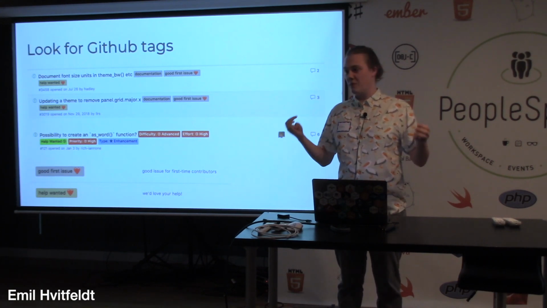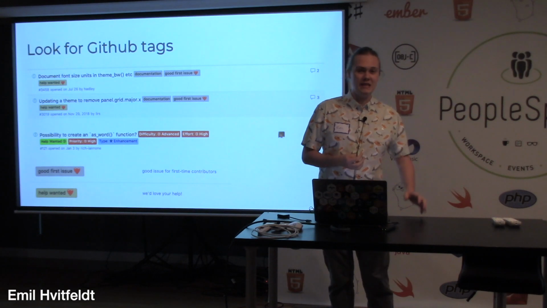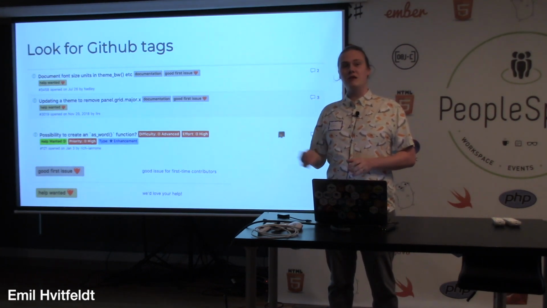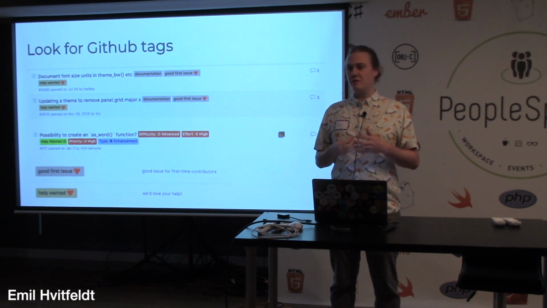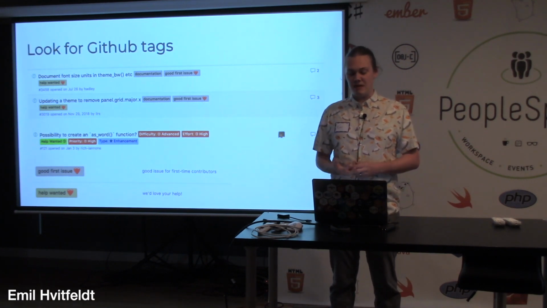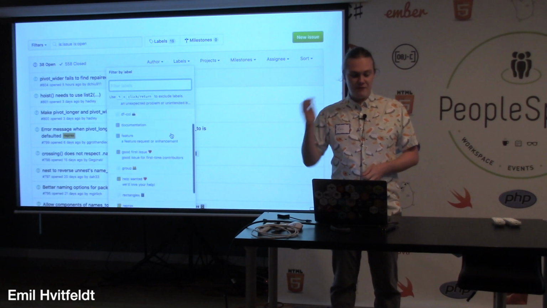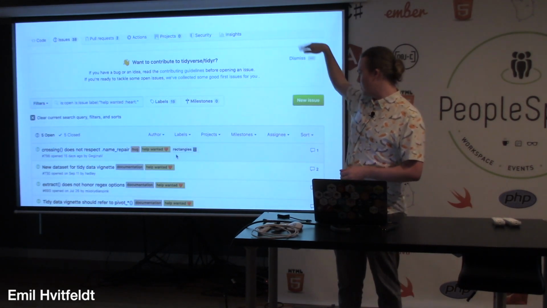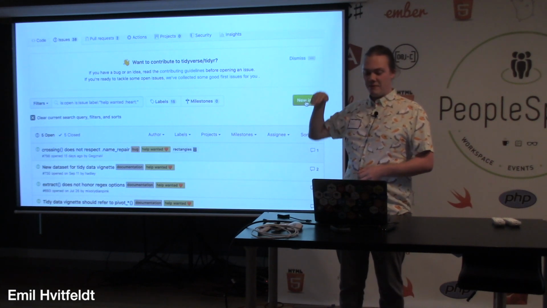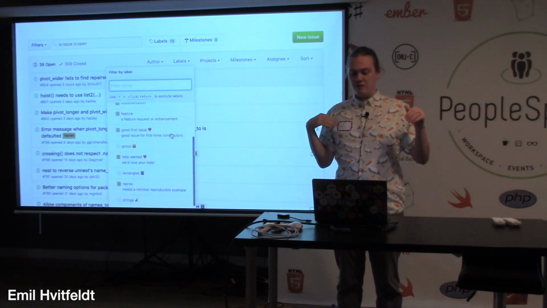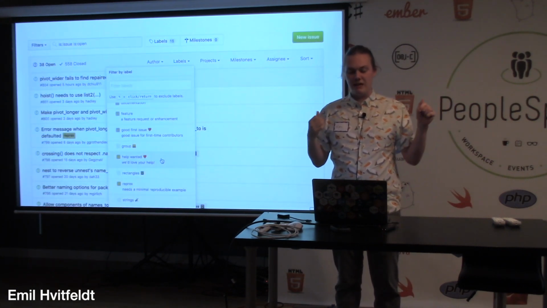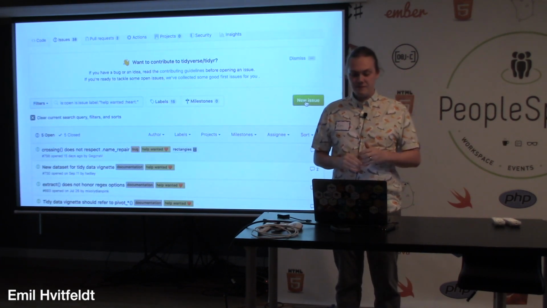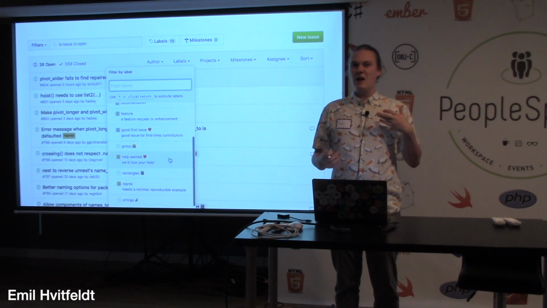And then just the general help wanted, that could be anything from something really easy to something so hard that the original authors don't know how to do it, but would like someone with the sufficient knowledge to help them implement that. And it's fairly easy. So if you go to, this is the tidier page, you can just go on the labels tab, scroll down, click the help wanted, and it will filter out all the issues. You only see the ones you want. And it's a very good way of just seeing what there is